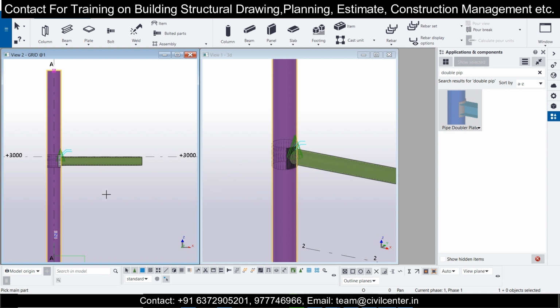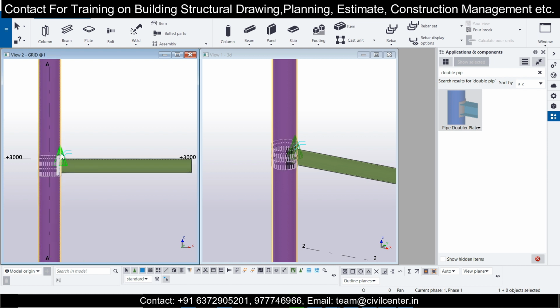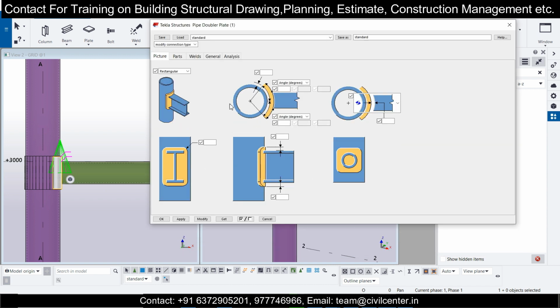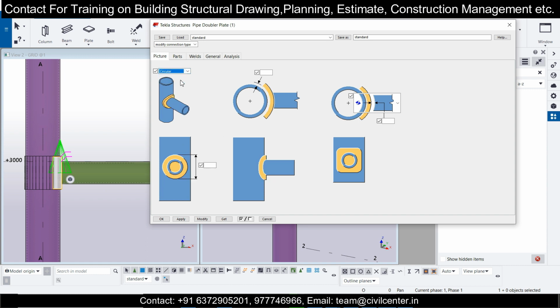For changing the properties, click on escape and then click on this 2 times. The properties will come up. It will take some time depending on the system speed. When this comes up, first of all, our section is not like this, our section is this one, that is the circular section. Our column is also circular, and the beam is also circular here. So here we can increase the radius of it. Suppose, let's get a demo. Suppose we make this 350 and then click on modify, and as you can see, this has gone a little bit out of the limit, so that's why it is not showing.